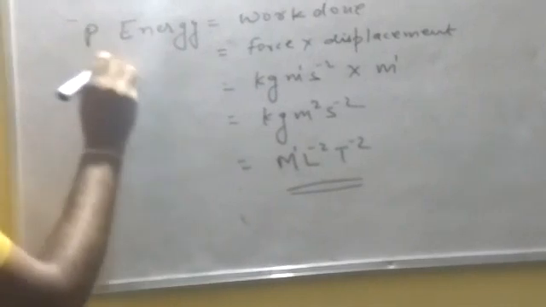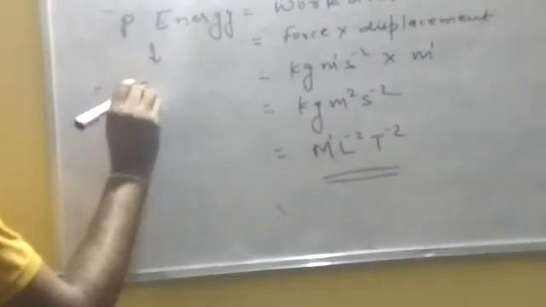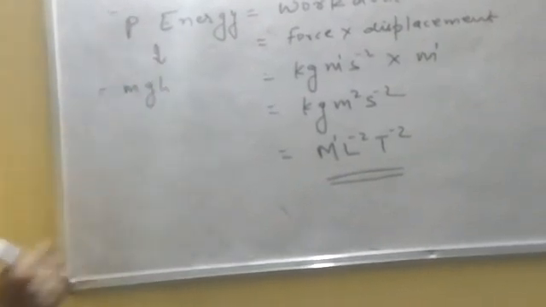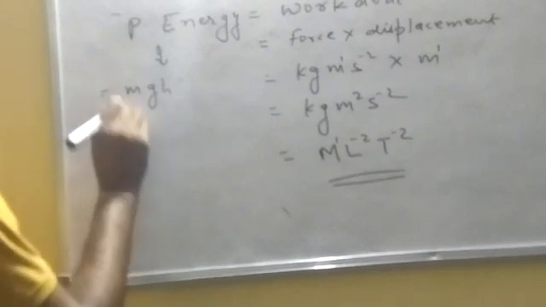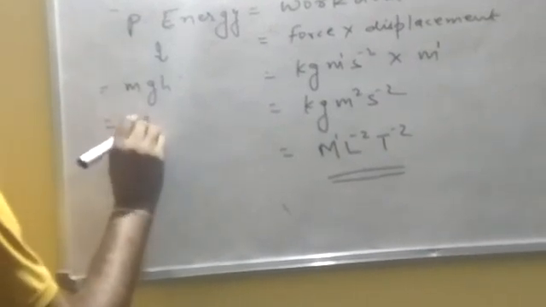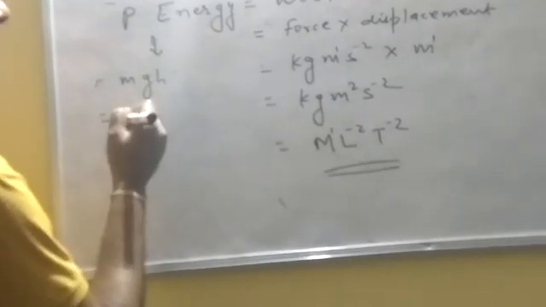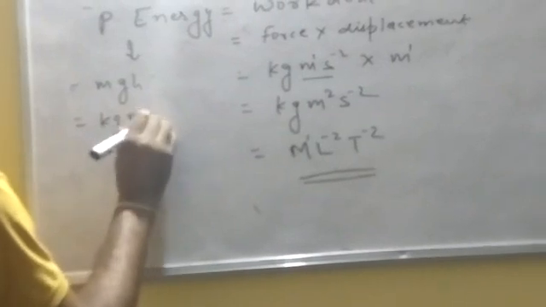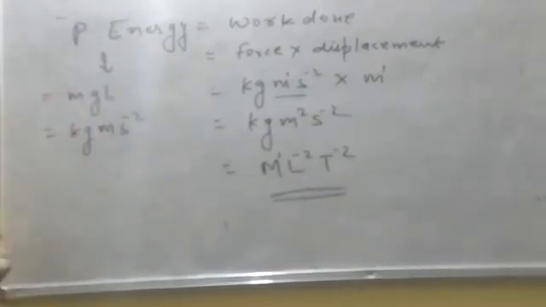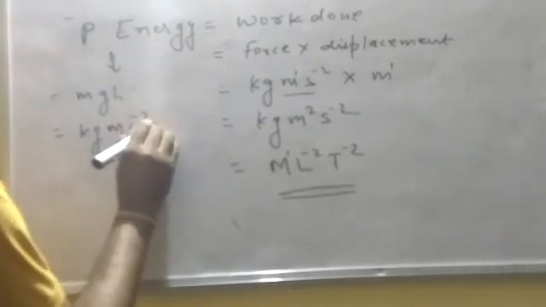Okay. Suppose we take the potential energy. यदि हम इसको potential energy यदि आप लेते हैं, so potential energy we know is equal to mgh, है ना? ये हमारा formula आपने class 9 में पढ़ा होगा. Now m is the mass, that means it is kg. G is acceleration due to gravity, so इसका भी जो एक्सीलरेट होगा वो भी यही होगा, that is meter per second square. H is height, and height is measured in meter.